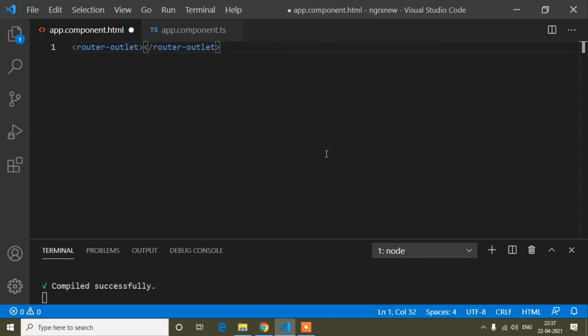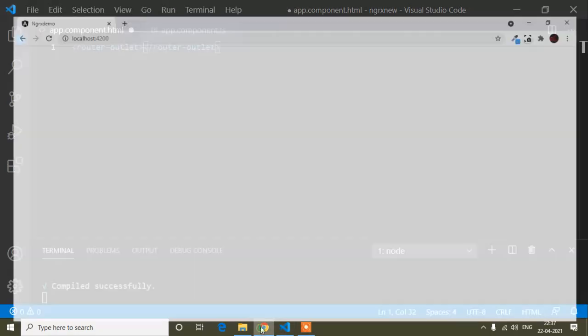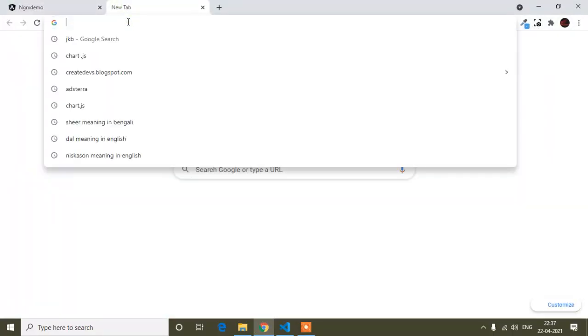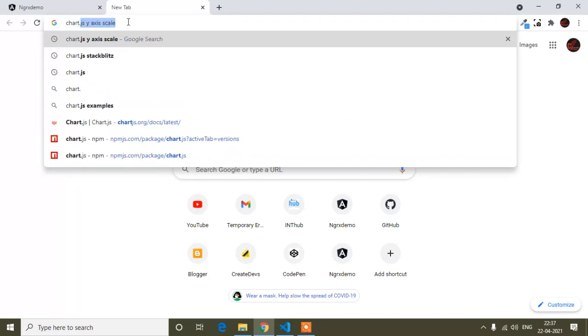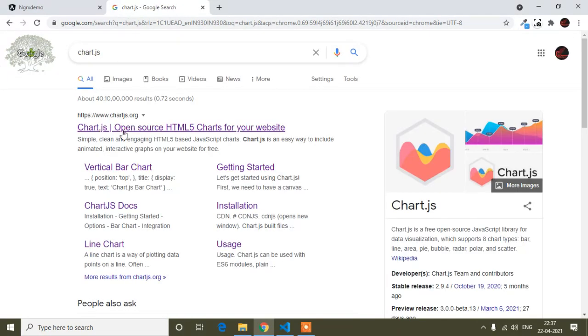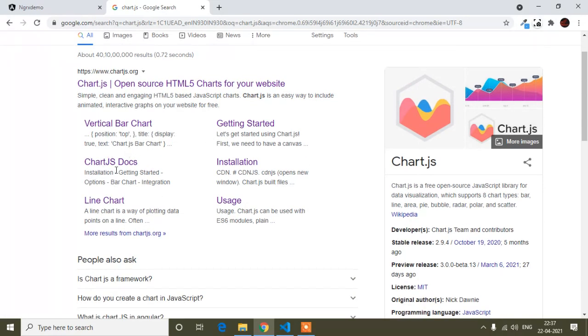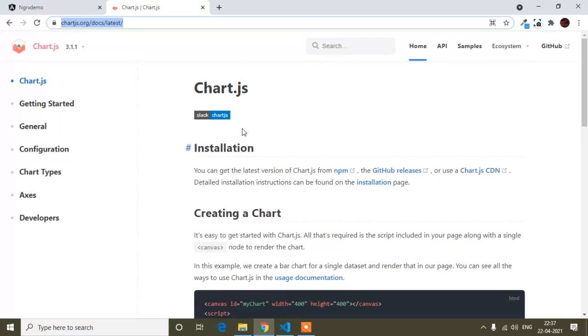So now guys, I will go to my browser again, and I will open another tab, and from here I will first of all open the chart.js official site. So here I will write chart.js only, and I will click enter, and after pressing enter on my keyboard, you will find this one. From that, you can see the chart.js docs. So I will open this link, and guys, this link I will provide in my description. Okay, so from the description you can also get this link.